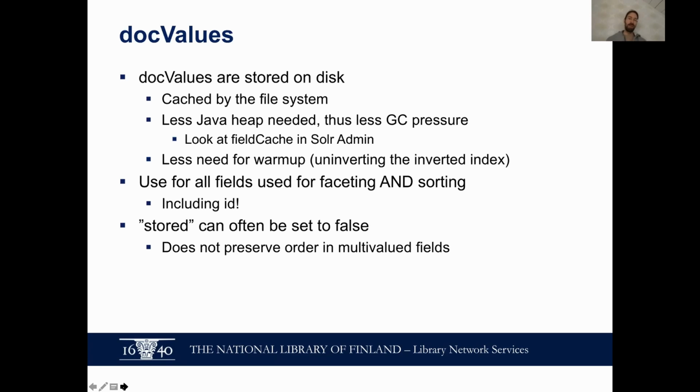But docValues don't preserve order in multi-valued fields. So if that needs to be the case, like with the author role field, which I don't particularly like because it's distinct from the author field, you can't use docValues to preserve the actual field data. But anyway, to summarize,